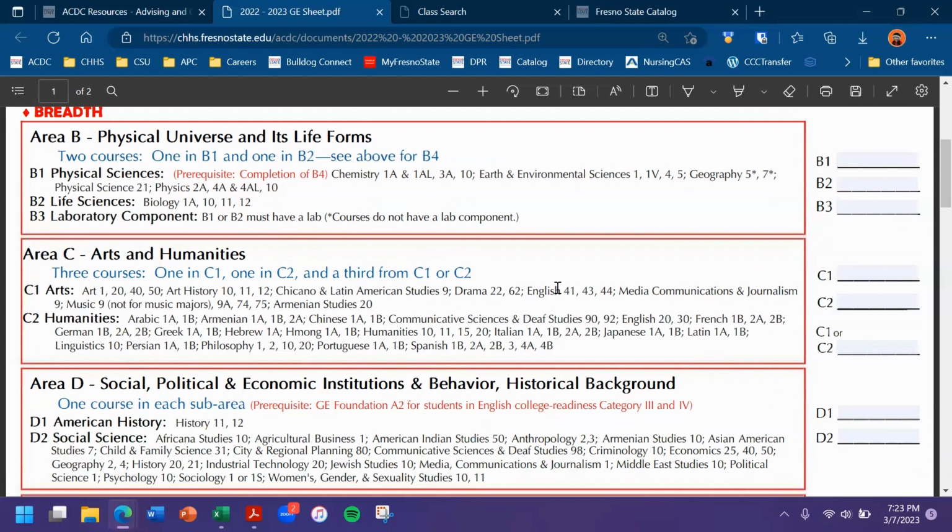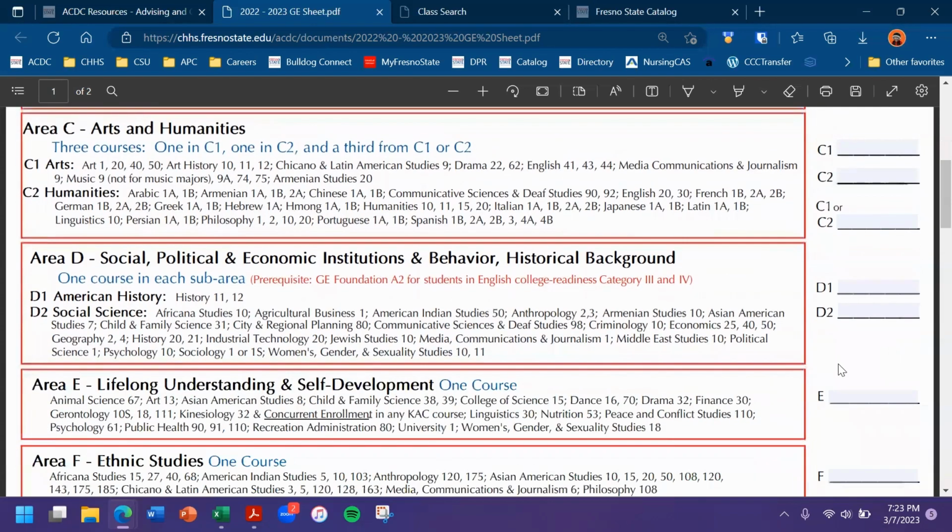So as we can see with the GE areas, each one of these areas needs at least one course taken in them. And generally, if there's a course required for your major, that's the one you'll want to take. These are not always courses that are titled the same. So for example, in my previous example, nursing wanted a sociology class. And you'll want to consult your major advisor or your DPR to see if there's courses that can double count, meaning they'll clear for both GE and your major.